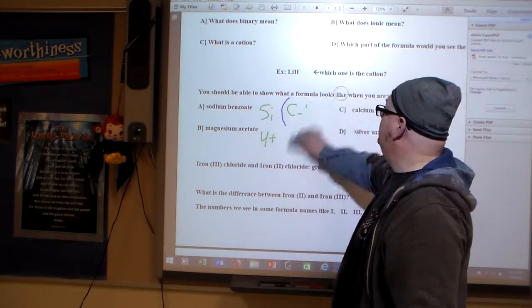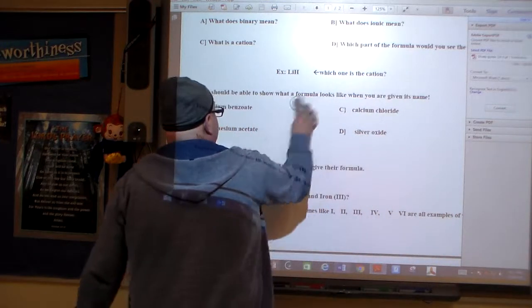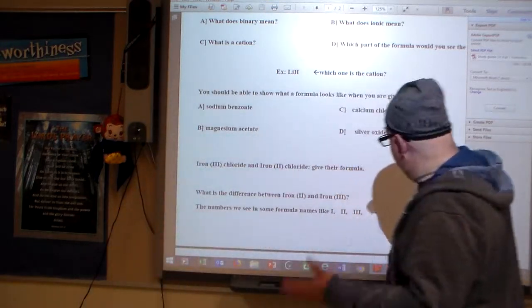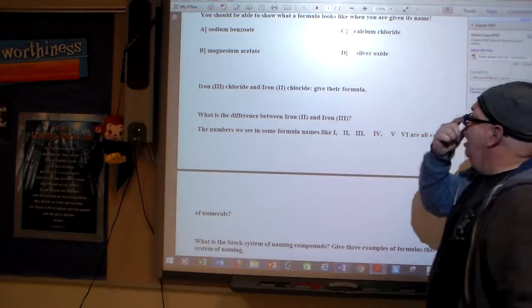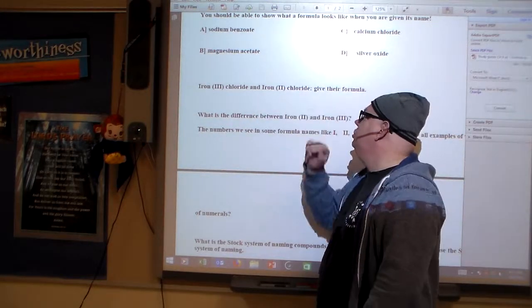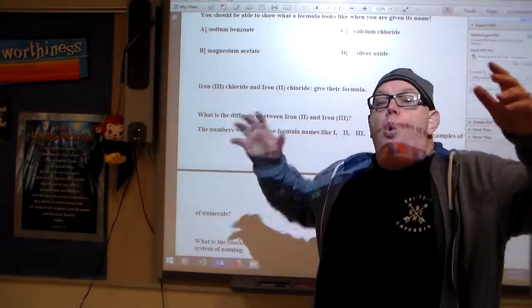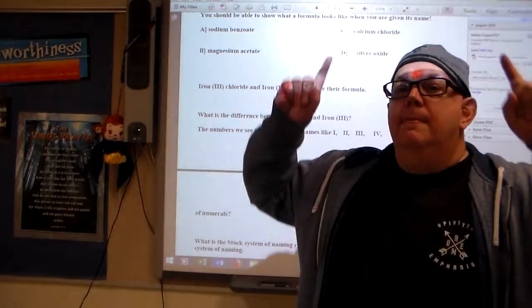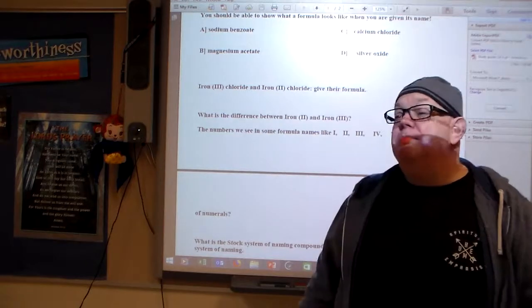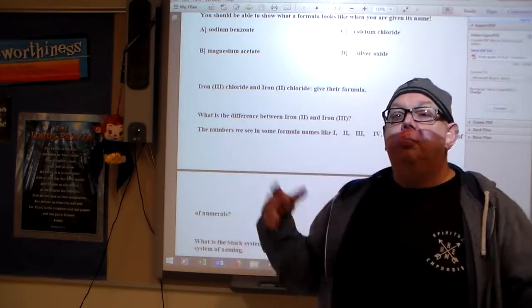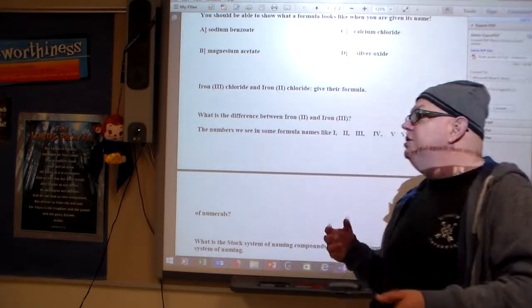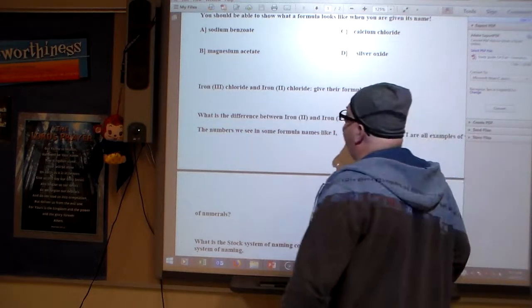Alrighty, let's move on. I'm not doing all the examples because you've got to figure those out. Okay, iron 3 chloride, iron 2 chloride. What's the deal about those Roman numerals? Why do we have them? This applies to a lot of the transition metals because there are multiple personalities that have multiple charges, okay? So iron 3